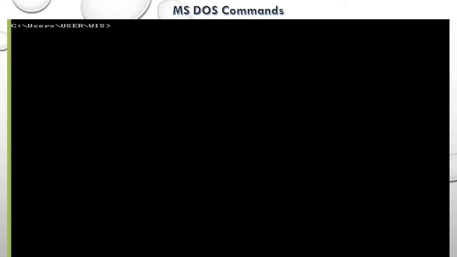Date command. Type date in the command prompt and press the Enter key. It will display the current date. Here we used the syntax date. Next, the time command.